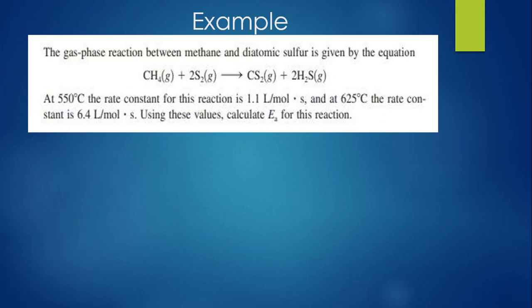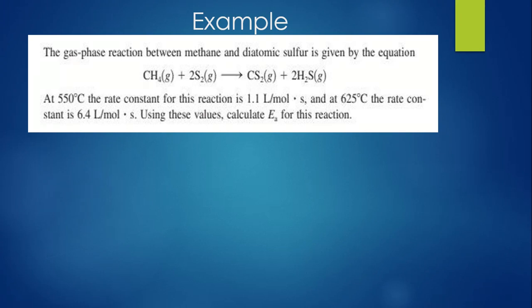So what's the question saying? The question is saying the gas phase reaction between methane and the atomic sulfur is given by the equation. So we are seeing this methane reacting with the atomic sulfur to produce this and that. So at temperature 550 degrees Celsius, the rate constant for this reaction is 1.1 L per mole. So that's liter per mole per second. So here you have been given the temperature and the rate constant, which is this,